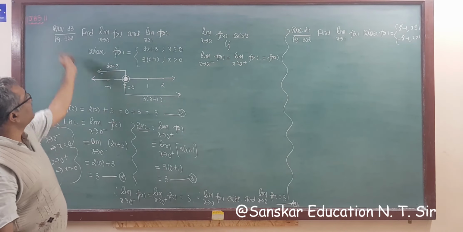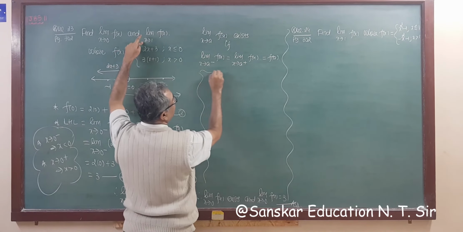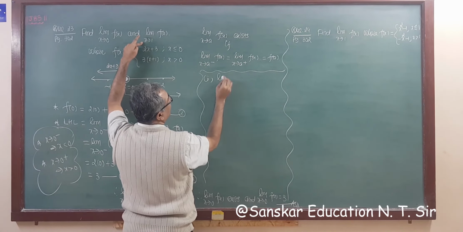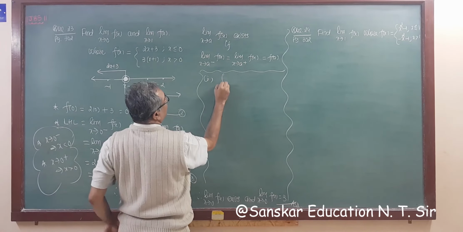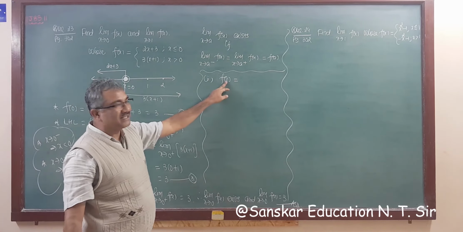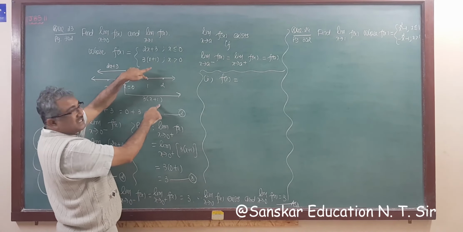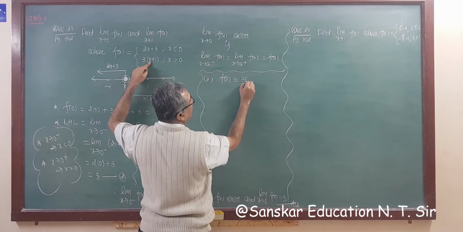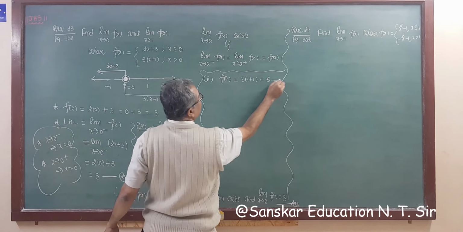Right? Now another thing, we have to find out limit x tends to 1. So we can solve here. So second question, limit x tends to 1 f(x). Now that means a is 1, so we have to find out f of 1. Now f of 1 means x is greater than or equal to 0, and for this point the function is defined the same as this. So substitute x is equal to 1 here. What we get? 3 times 1 plus 1, 1 plus 1 is 2, 2 into 3, that is 6. So say result number 1.